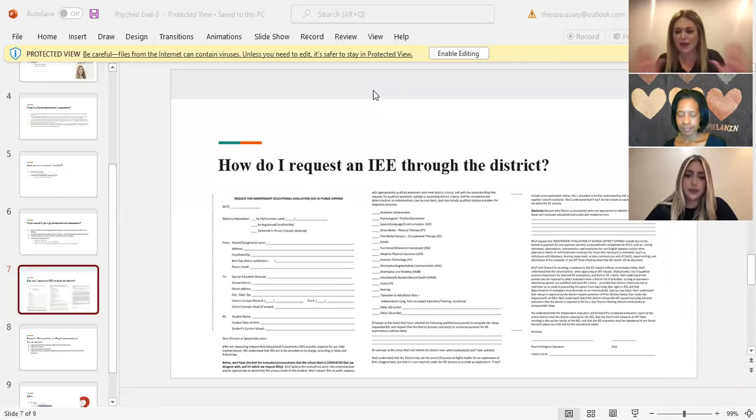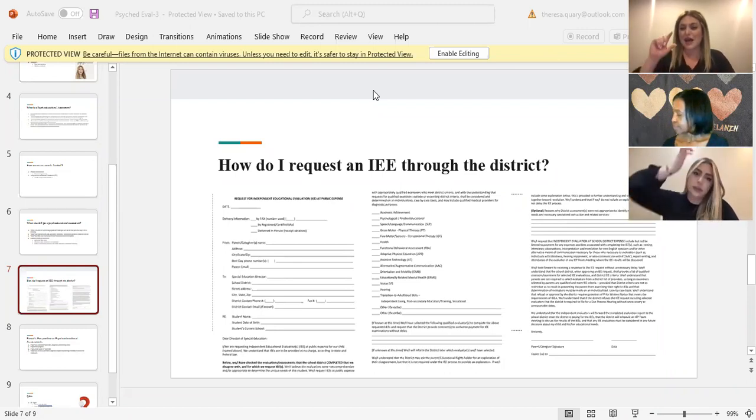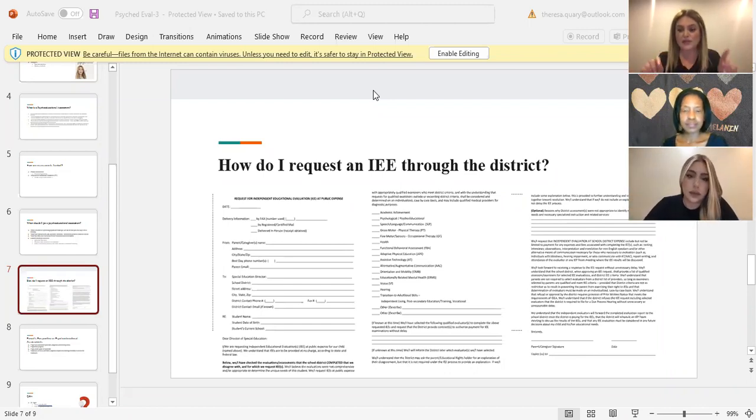Again, I'm not an attorney, but there's actually legal wording about how grades do not necessarily equate to the need of an IEP, and Teresa, you can chime in if I'm wrong about this. So grades are taken into consideration as part of understanding the child as a whole, but they're not a factor and a reason for having or not having an IEP. Did you have anything you wanted to add to that, Teresa? Okay, cool.